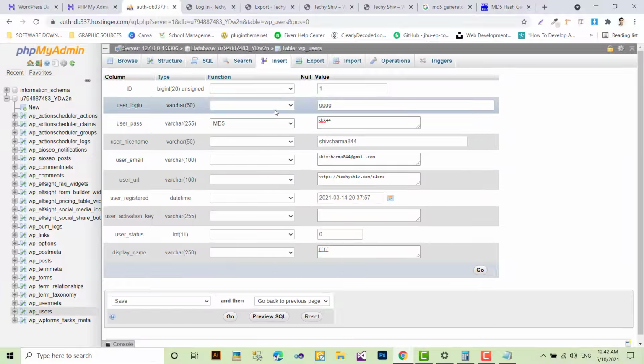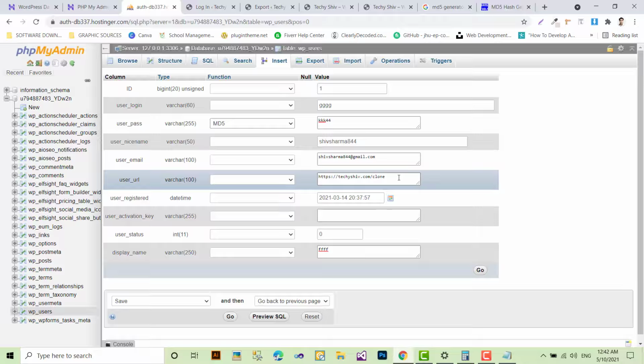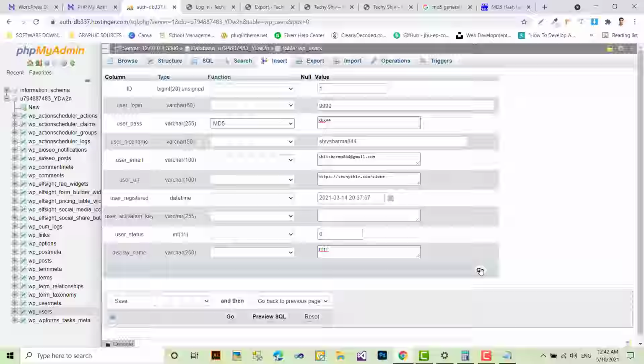The important thing is that these are the fields and the columns, so you have to remember this one. The user URL is the website address, and this one is the display name. So I'm changing the display name and the user login. Then click go.